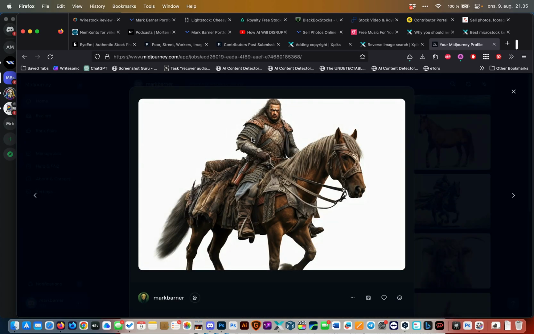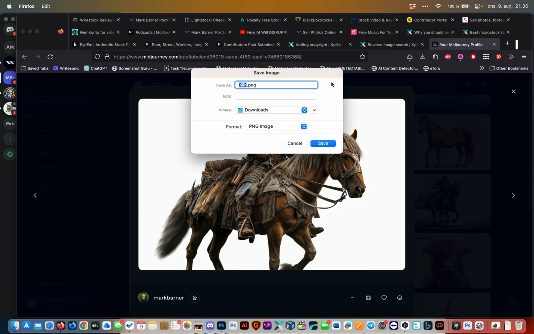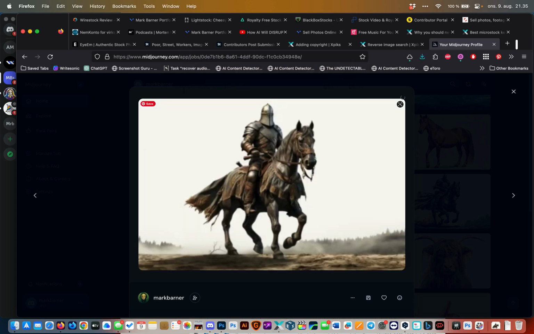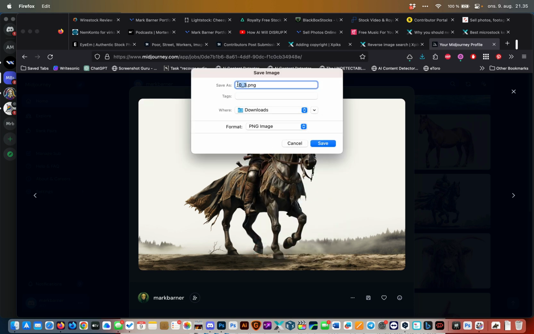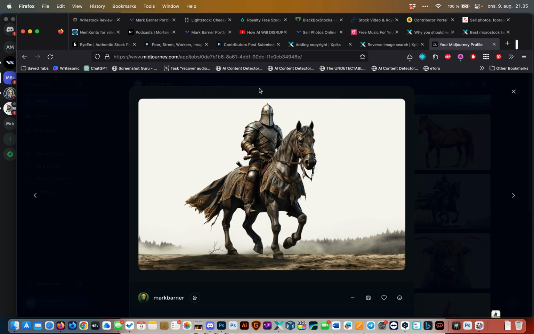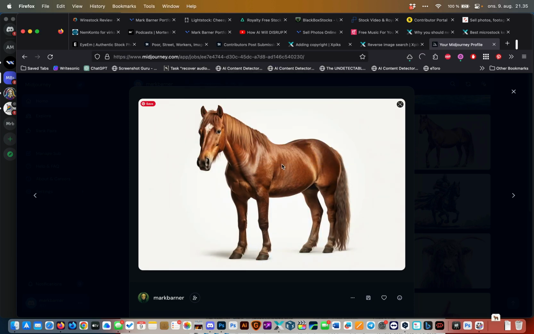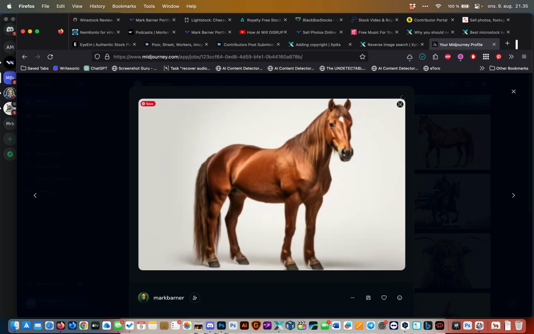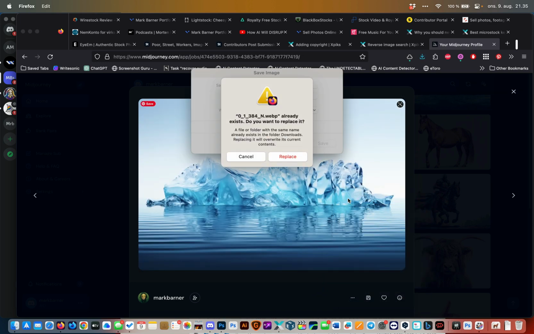Another way to save this is clicking on this, clicking save image, and it saves into downloads, just save. And I click the left key and then the next one. This is a little bit faster, but what I don't like is the title of these images. So I'll click left and I'll do save image again, and I'll click left. This is a little bit quicker, as you can probably see, because I don't need to scroll, and I can just keep my